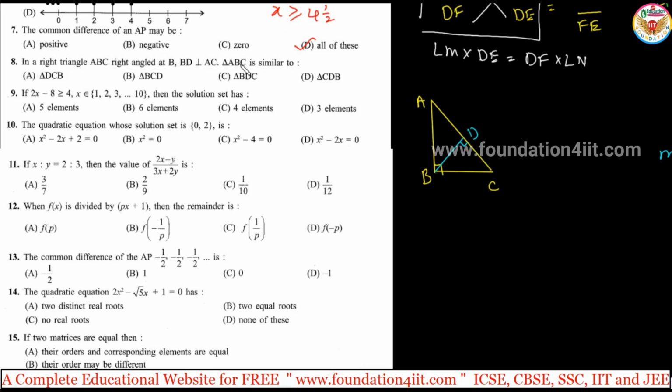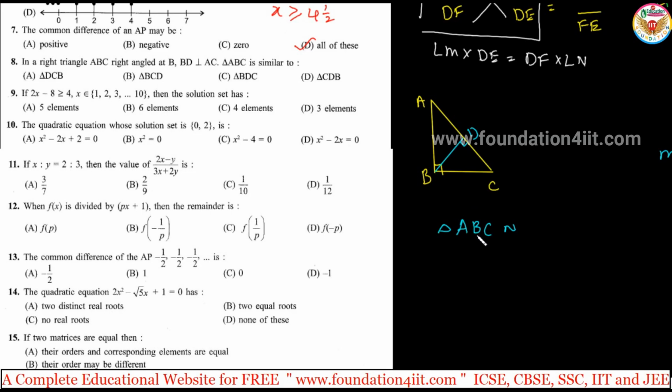Then this entire triangle ABC is similar to what? As per the letters, you can notice this is triangle ABC similar to. In ABC, AC is the hypotenuse, so the first and third letters are in hypotenuse position, and the 90 degrees is at the middle letter. In the same way, BDC, CDB, BCD, BDC and CDB, these four are combinations of this single triangle only. We need to check the letters clearly.